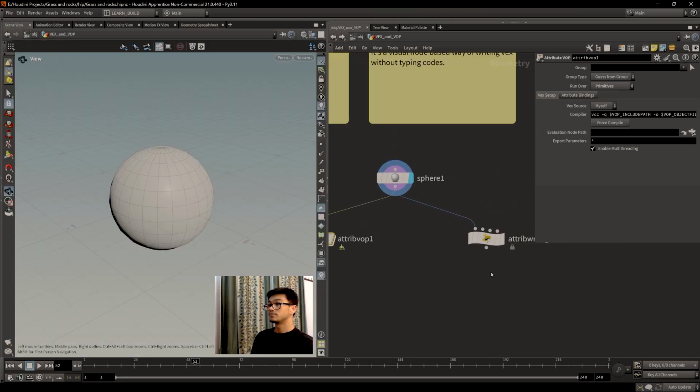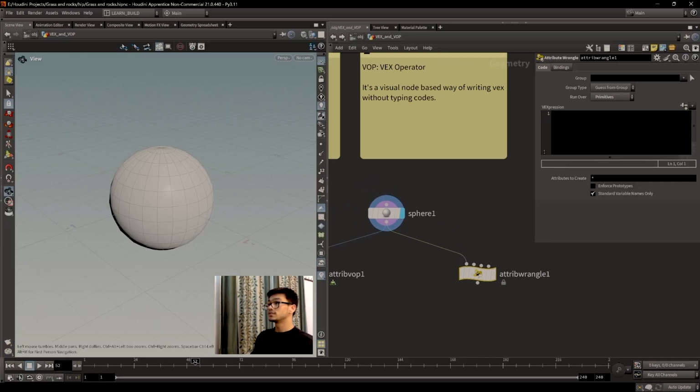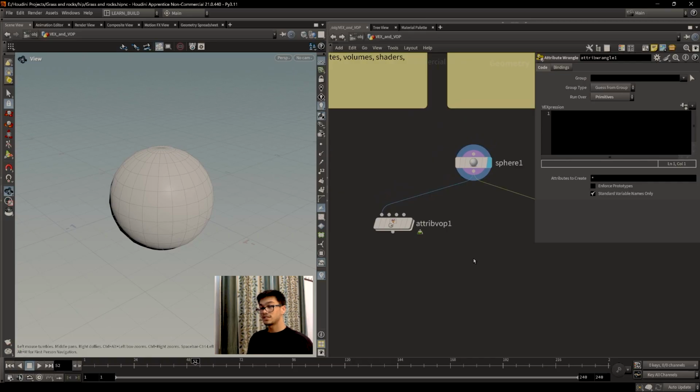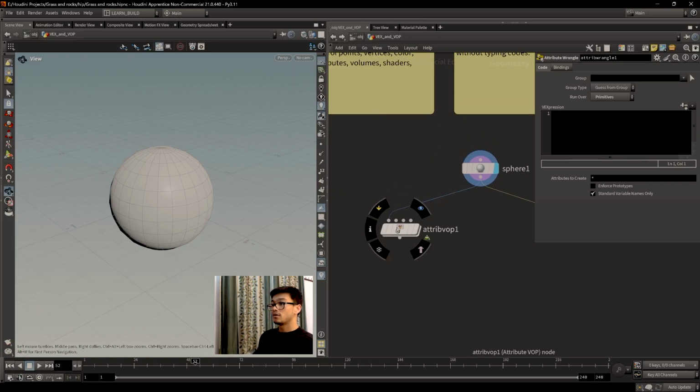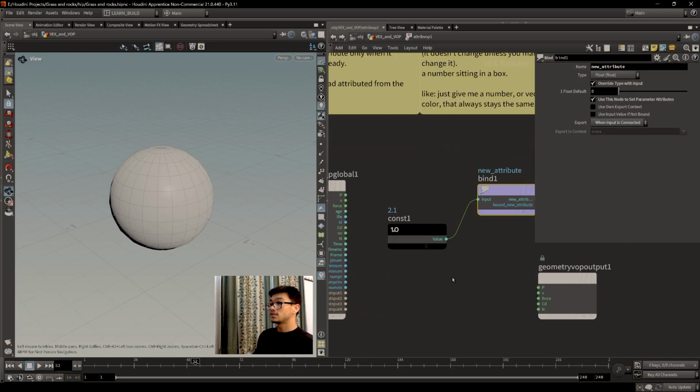Let's create the same with the VEX expression, right? So we need a value, we need a name, and where we want it to be. For this, first I want to make you understand something. With this VOP node, we can change the value of an attribute that already exists. For example,